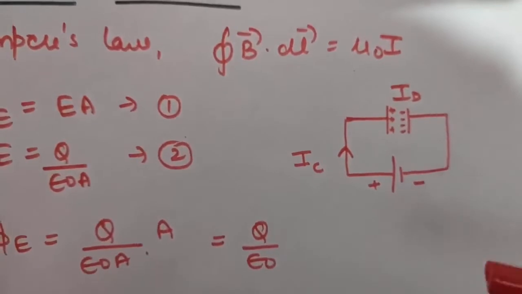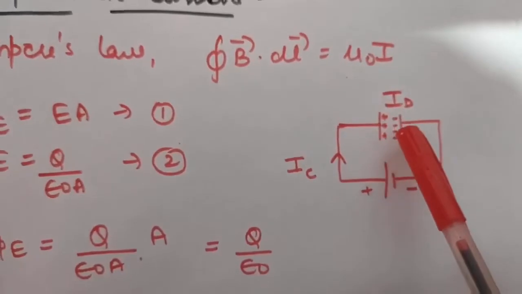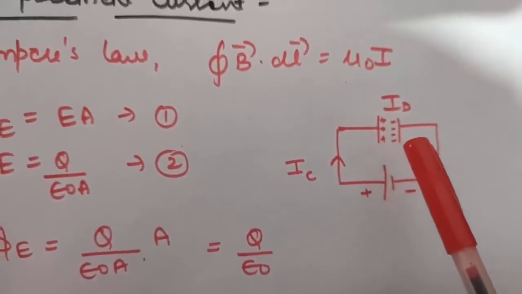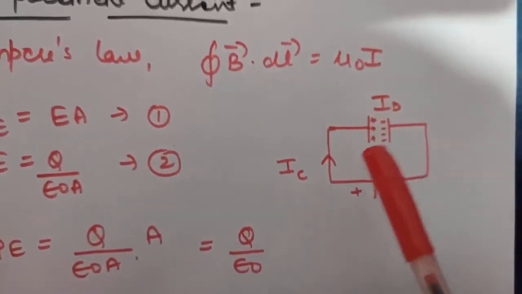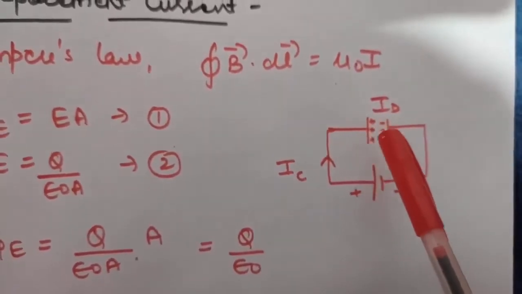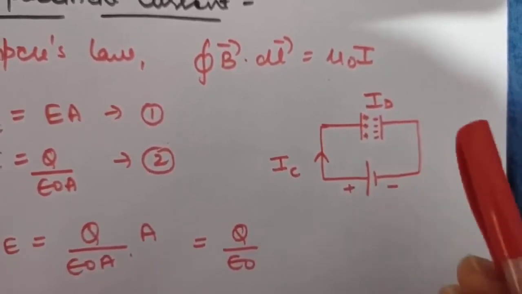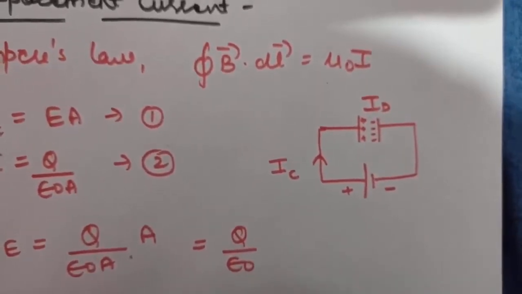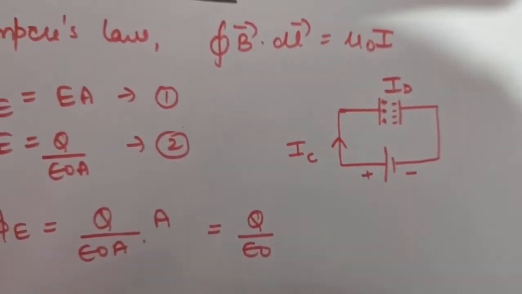Okay, so one more thing in this. Between the plates a dielectric is there, so conduction current cannot be there between the plates, because current cannot flow between the plates. So therefore displacement current will be present between the plates of the capacitor. So you can say outside, the conduction current will be there, and between the plates displacement current will be there. Suppose we now connect a DC supply, then there can be no displacement current because there will be no change in the electric flux. But if you connect an AC supply, there can be displacement current also.